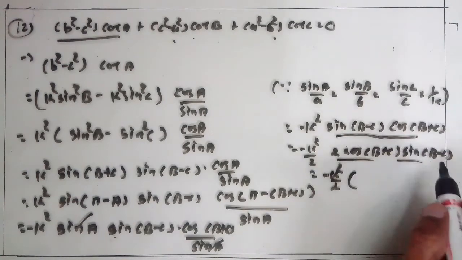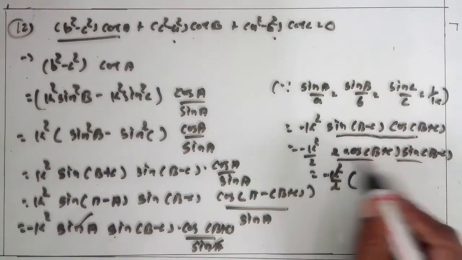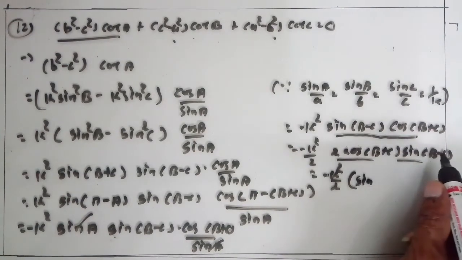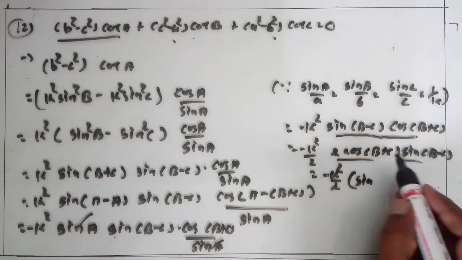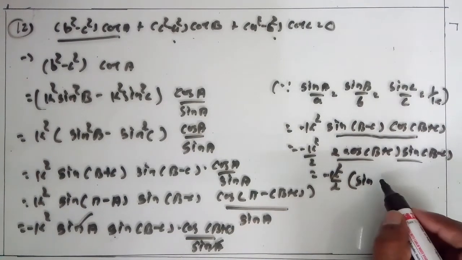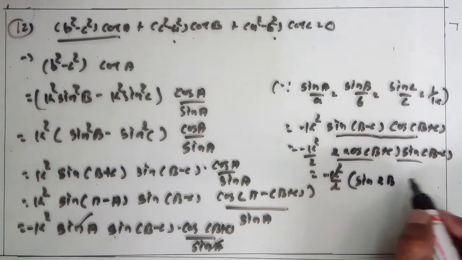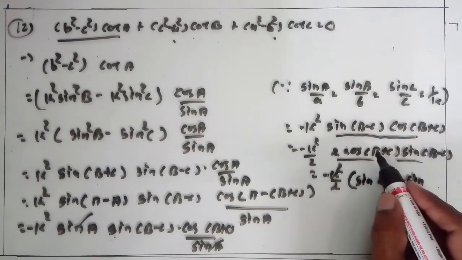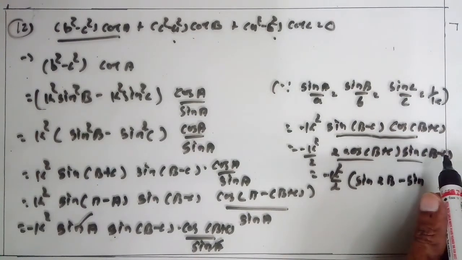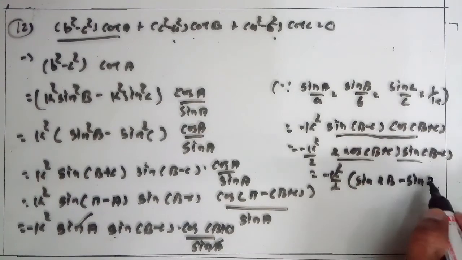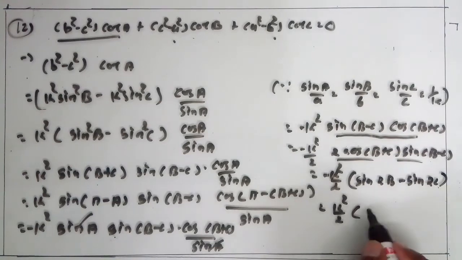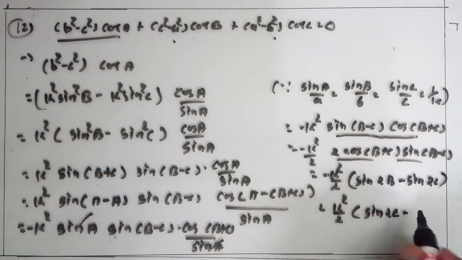Here 2 cos S is equal to sin(S + C) − sin(S − C), you know that. So first take the addition of these two: B + C + B − C is equal to 2B, minus sin of the subtraction of these two: B + C − B + C, B cancels, so 2C. Clear this? Minus taken inside, so k²/2 (sin 2C − sin 2B). Clear?